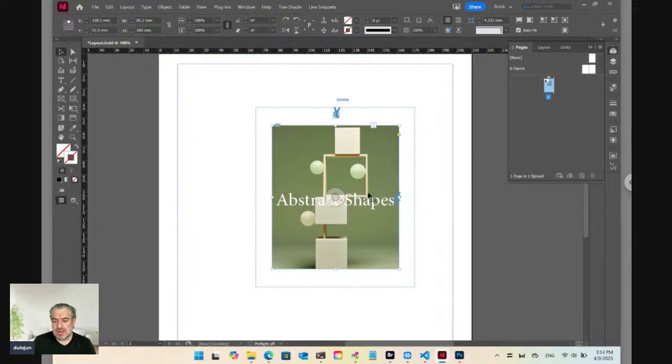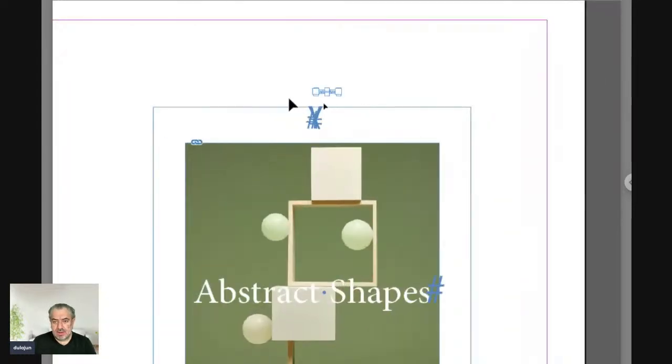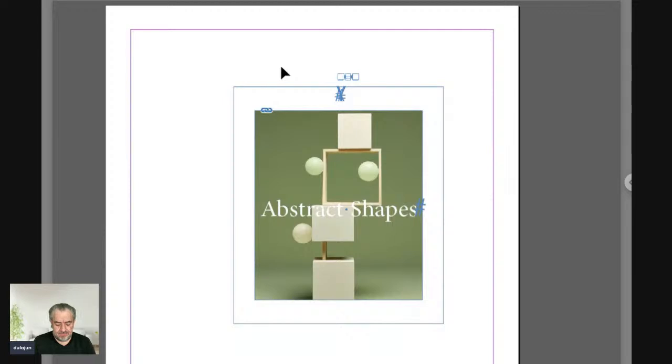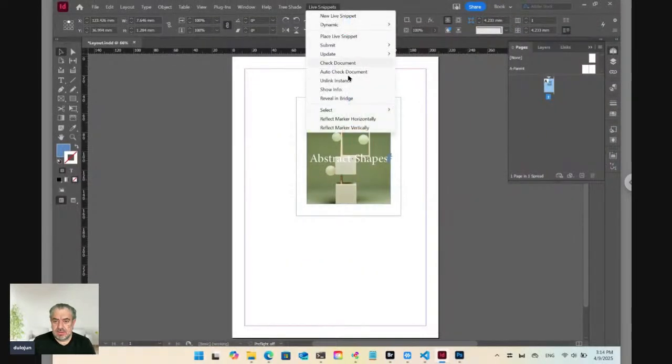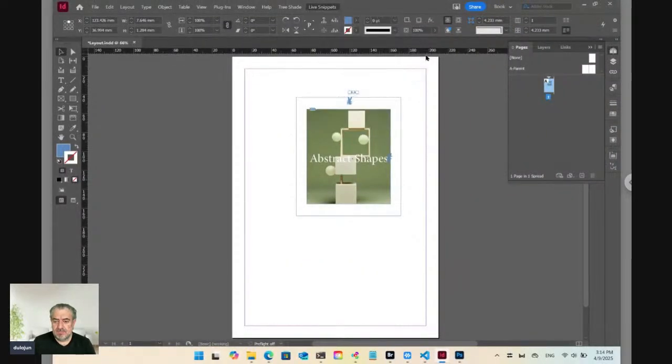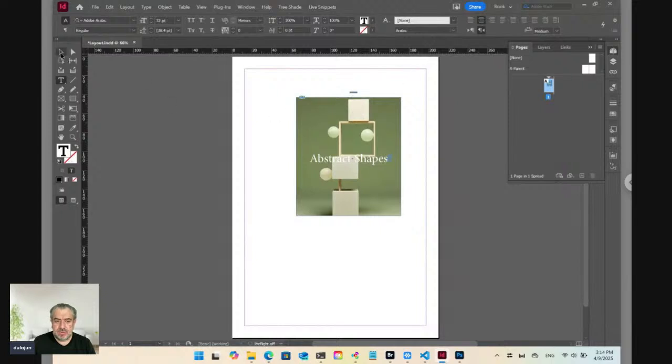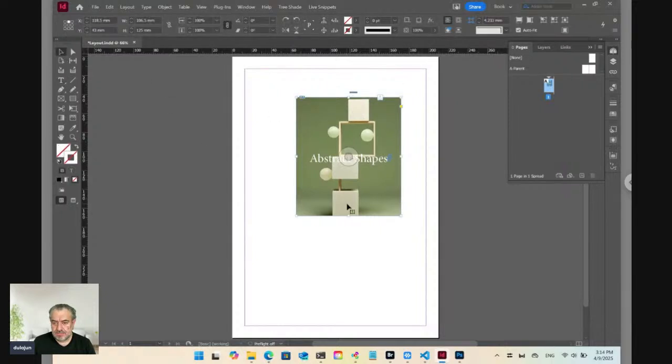Select any object inside the snippet to select the snippet itself, or select the start marker, the non-printing anchor text frame that marks the beginning of the live snippet, and let's update. Now it takes the, but now in selecting, if I click here,